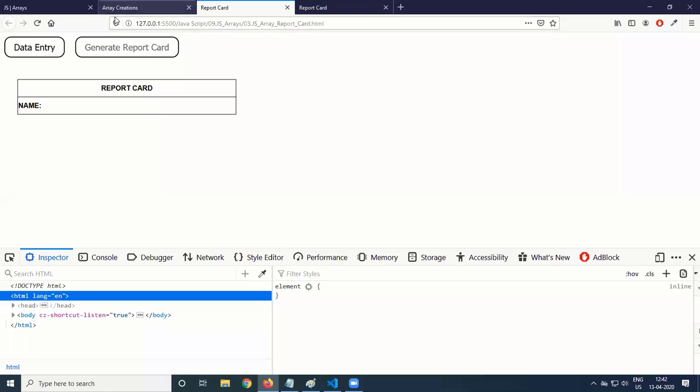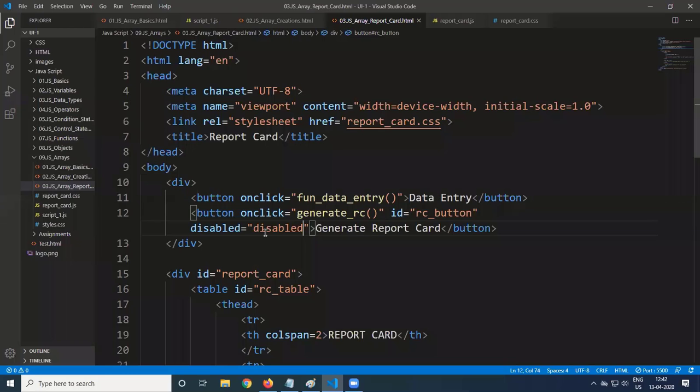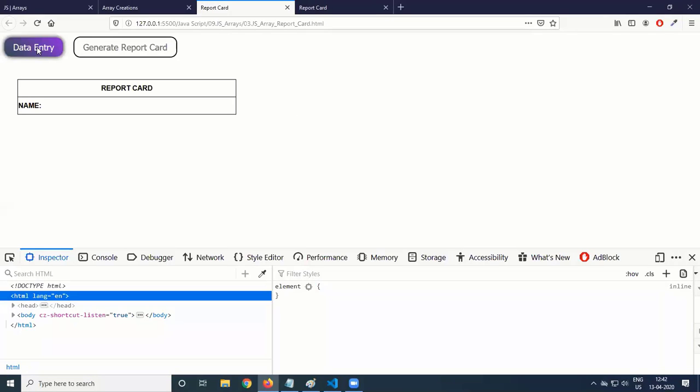Now the button is not enabled, so it is gray colored. Now it is disabled. If it is disabled, when you click on this, nothing is coming. No action is happening. If the button is disabled, I'm not getting any option on that. So you can provide some CSS also. If it is disabled, what to do? That we'll see. Now, when I want to enable is once the user clicks on this data entry, then only this button to be enabled.